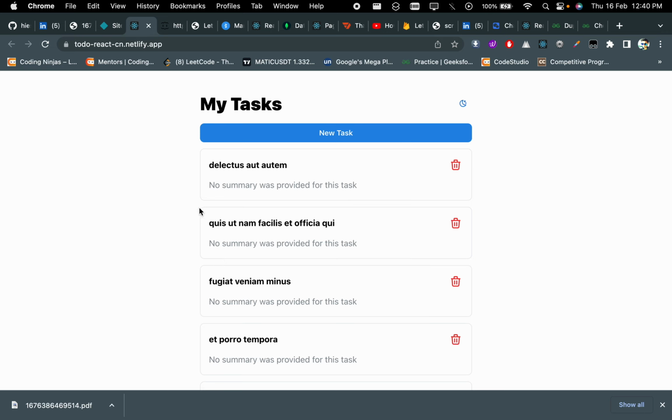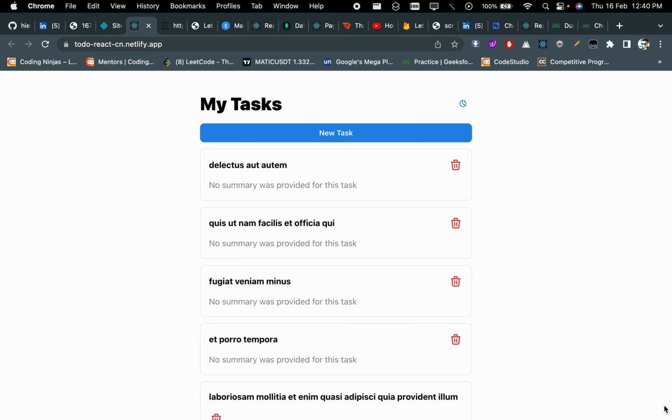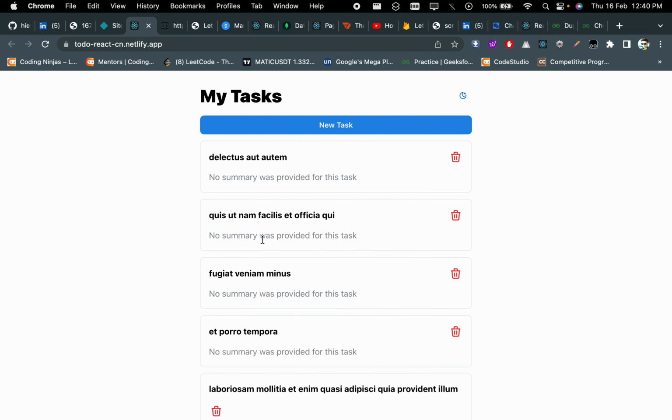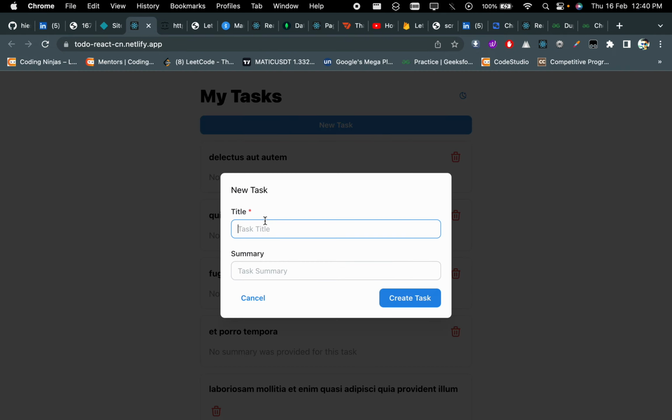ToDo task React application. Here you can see the interface of the ToDo task. I am rendering the API which is given in the test. This is the rendered API's data. Now if I want to add tasks, I can simply click on the new task button, where I can